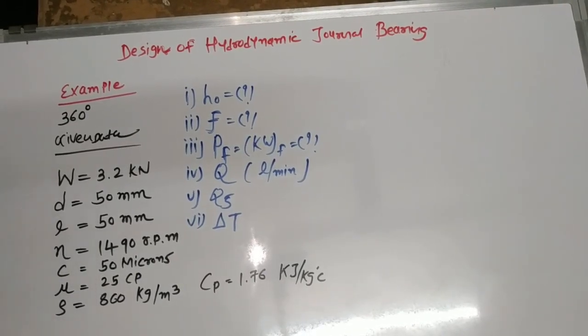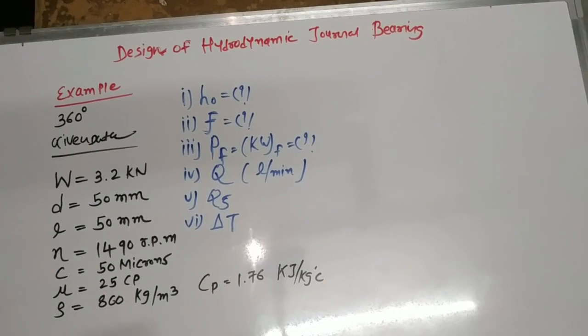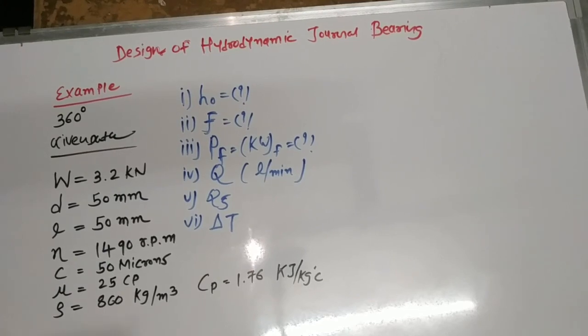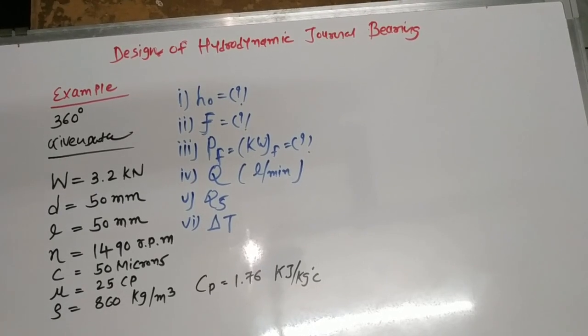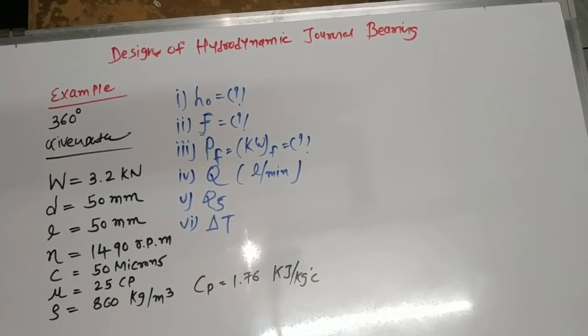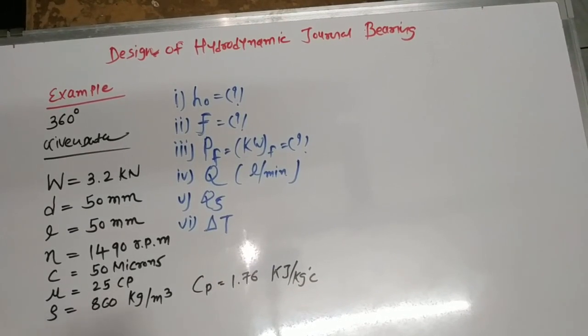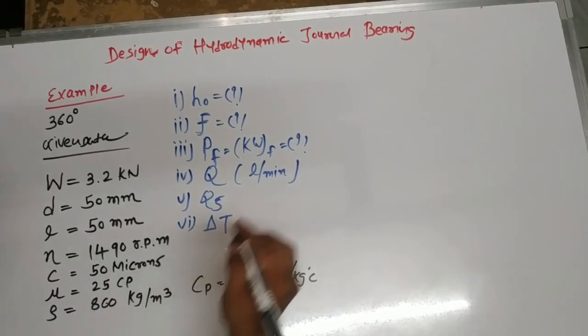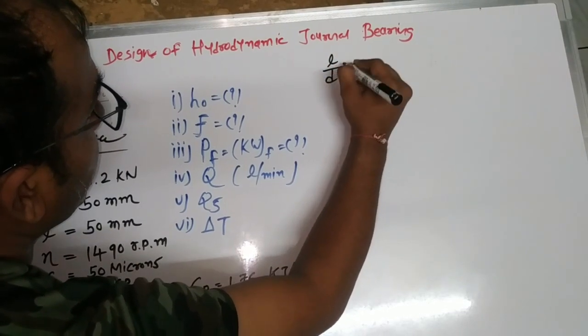Now, as we have seen in the design procedure, we have to utilize the design data book to calculate this example. Let us see how to calculate this particular example. Whenever we are dealing with an example of hydrodynamic bearing, the dimensionless parameter is very important. For finding the dimensionless parameter, we need the Sommerfeld number, because it is the important parameter. Based on that, we can get the other parameters. Now, if I can roughly show you the design data book, it starts from the L by D ratio.